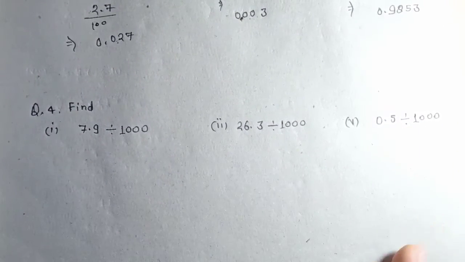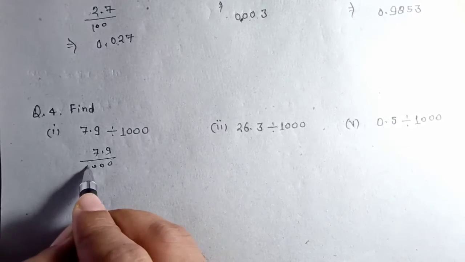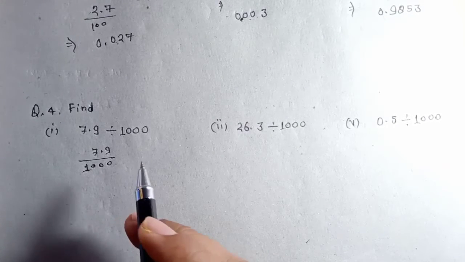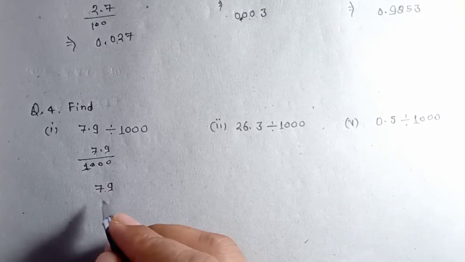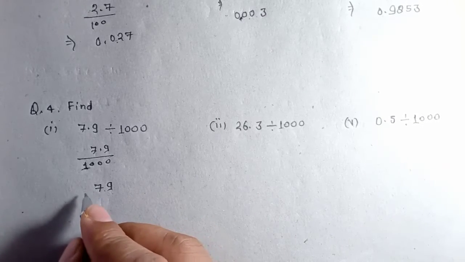What if the 7.9 is divided by 1000? Again, very simple question, but you need to understand here something. Now 7.9 is going to be divided by 1000, and keep one thing in your mind. This decimal point will be displaced 3 digits to the left hand side, because there are 3 zeros in 1000, which is dividing the 7.9. So right here, 7.9, you consider here is 9, and it comes 3 digits to the left hand side.